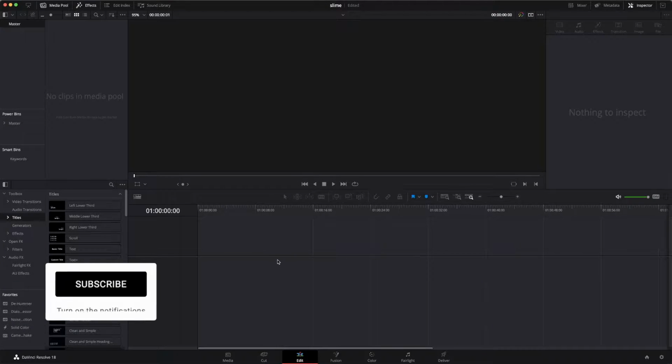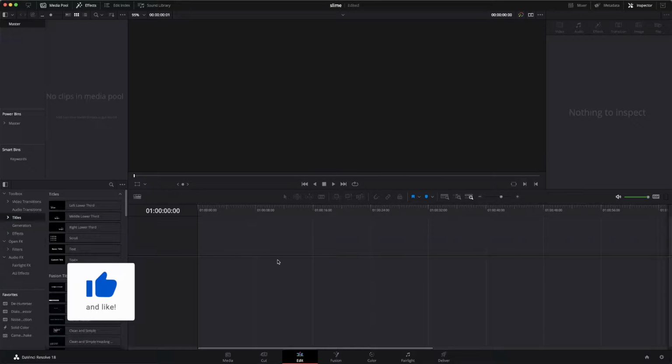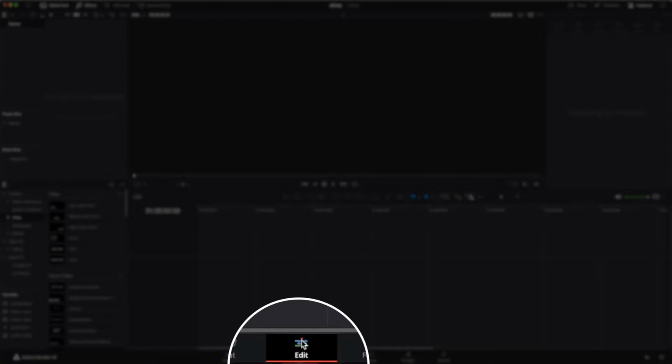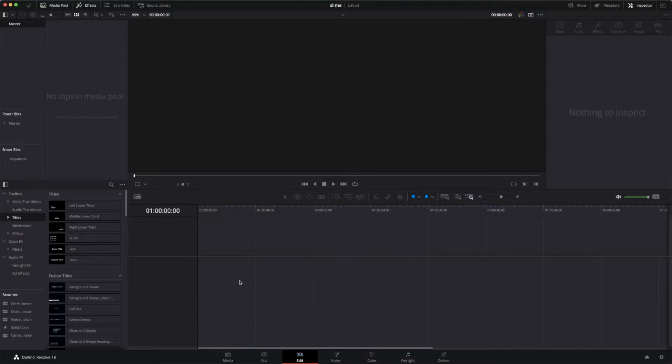Today I'm going to show you guys how to make a YouTube Short in DaVinci Resolve. Okay, so you create a new project in DaVinci Resolve. Now, you can go ahead and import your image. I'm working on the edit tab, by the way. You can, like I said, import your video clip or image by dragging and dropping, but we're not going to